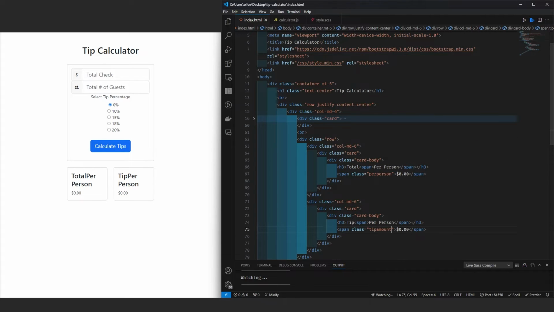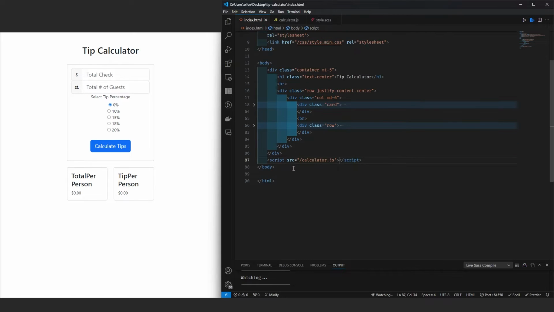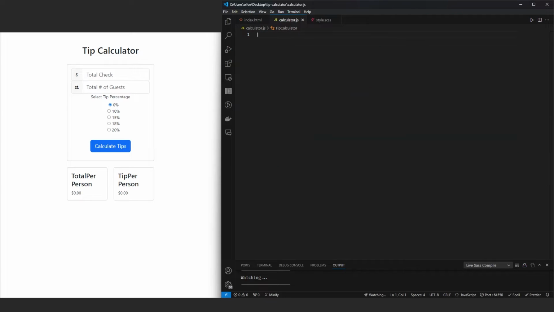Okay, so I think for the most part that is all that we need in here, so I'm going to go ahead and get rid of that, and then at the very end of this I'm just going to do a reference to our JavaScript. So calculate JS. Now here comes the scripting part of it. So let's get started with the class tip calculator. Inside of this class, we're going to have a constructor,